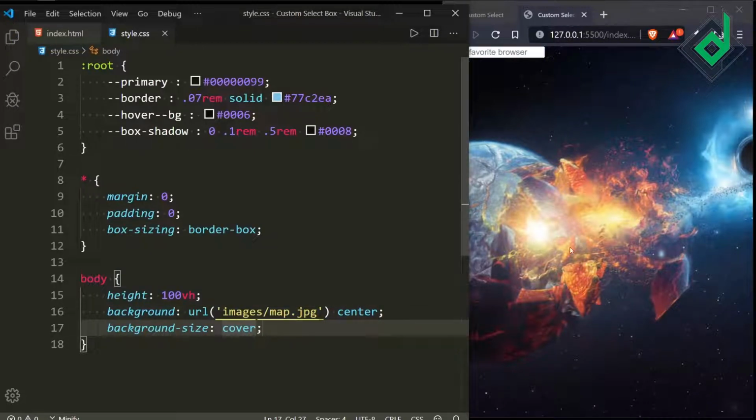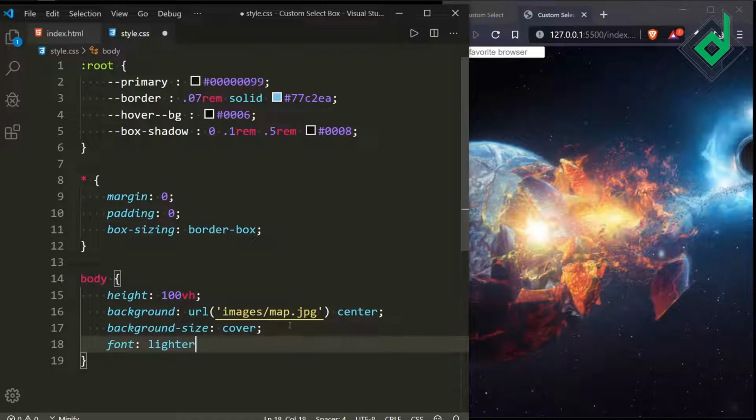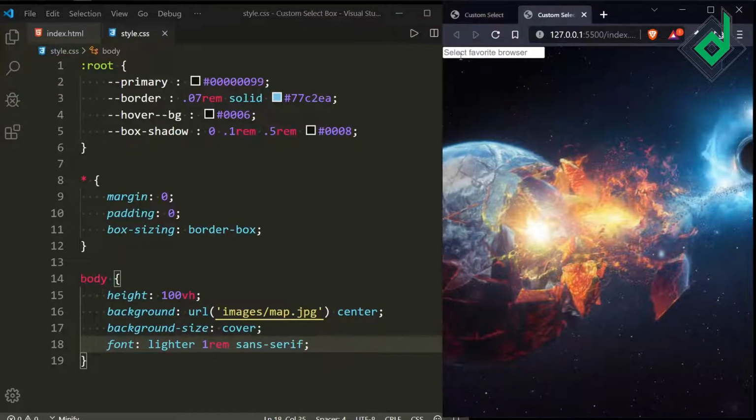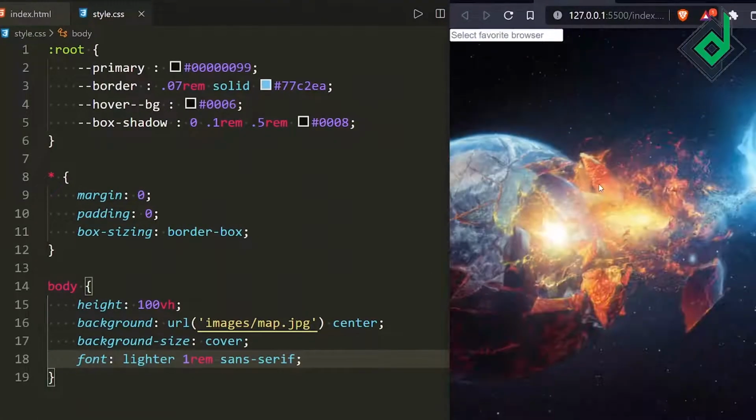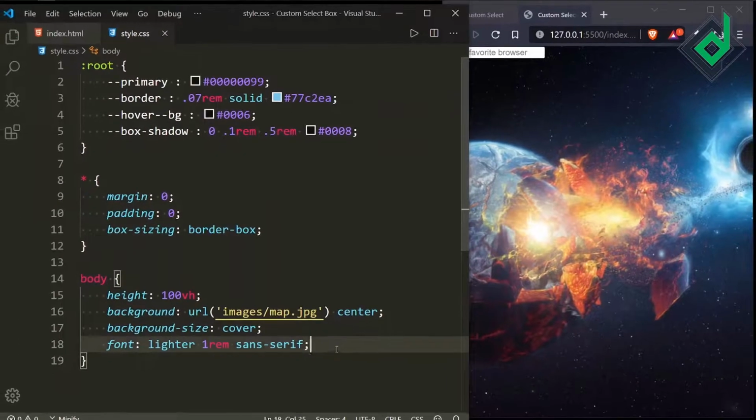And also let's give font. For the font weight I'm giving lighter. For the font size I'm giving 1 rem, and for the font family I'm giving sans-serif. Now you can see in the browser the font size as well as the font family, there are some changes. And also let's give display flex,